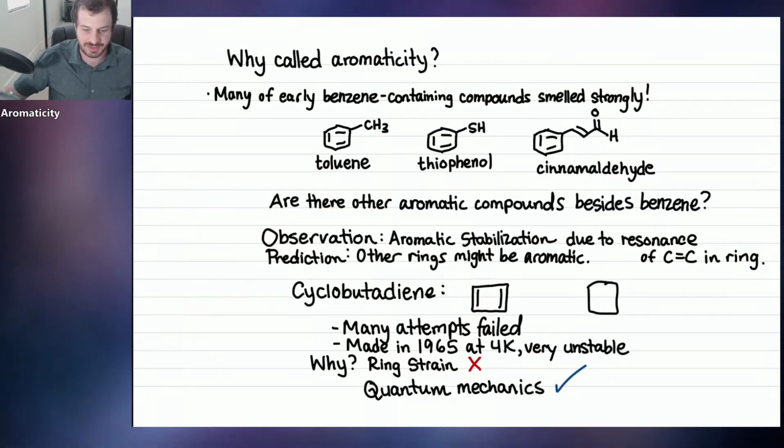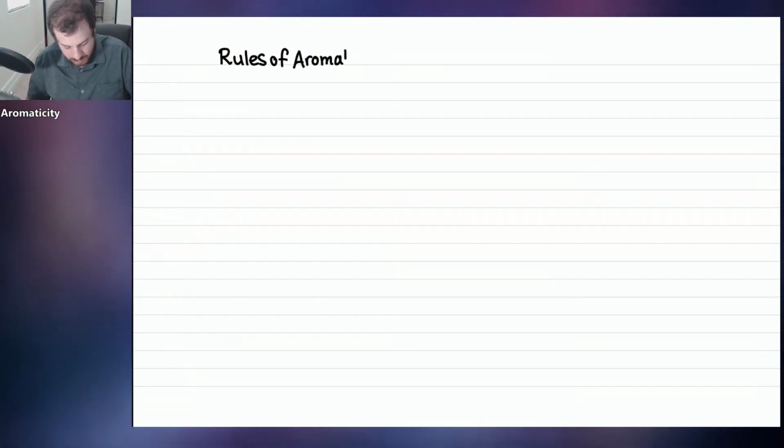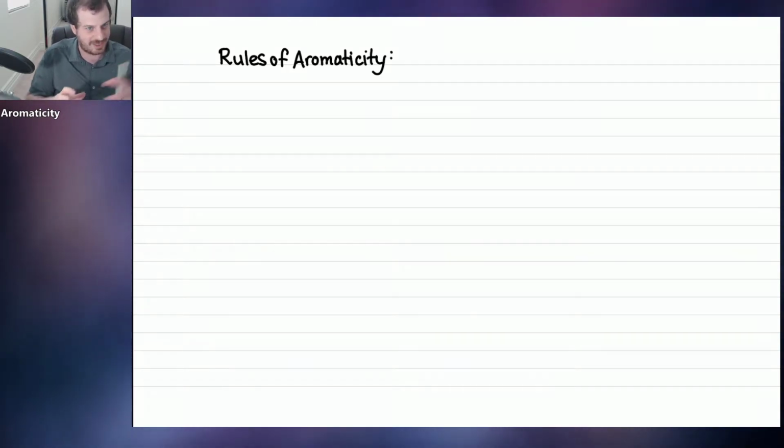Quantum mechanics explains to us why cyclobutadiene is so unstable. So let's take a look at a very simple 5-year-old version of quantum mechanics so that anybody can understand what I mean by that. I'm just going to tell you 3 rules of aromaticity, and we'll see how cyclobutadiene fits into that. I'm just going to jump to the punchline. There are 3 rules of aromaticity that have since been discovered. These are the criteria. This is what you need to be aromatic, and we'll see where cyclobutadiene does not fit into this puzzle.